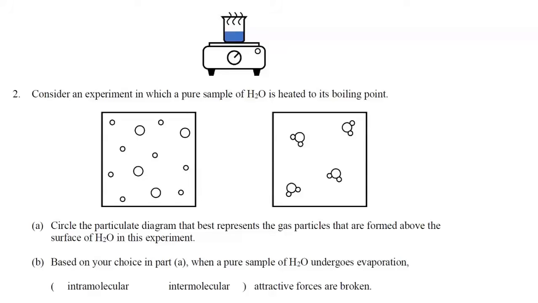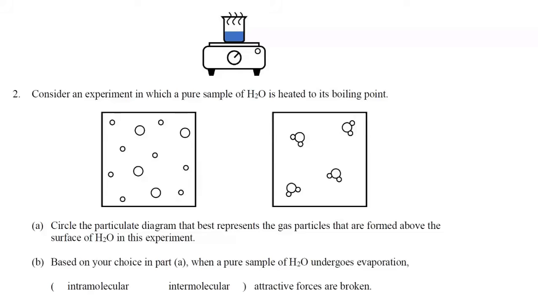Question 2. Consider an experiment in which a pure sample of H2O is heated to its boiling point. Part A. Circle the particulate diagram that best represents the gas particles that are formed above the surface of water in this experiment. Now, when water boils, we are just doing a change of phase from liquid to gas, but